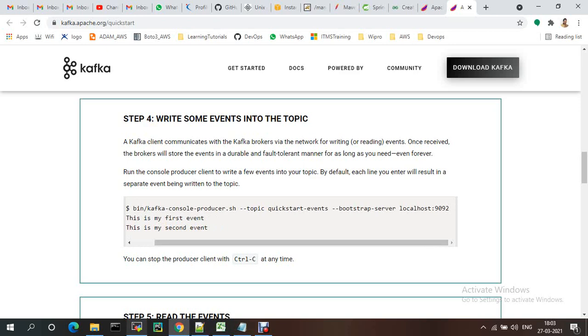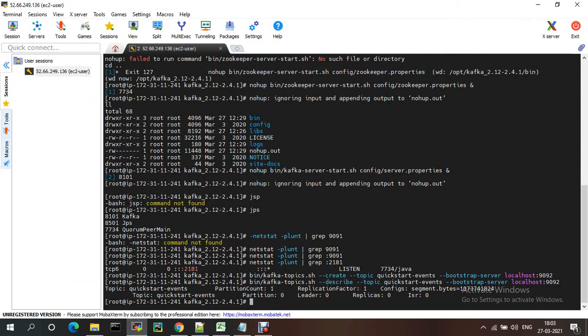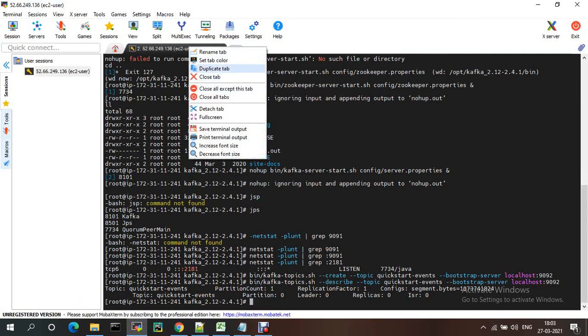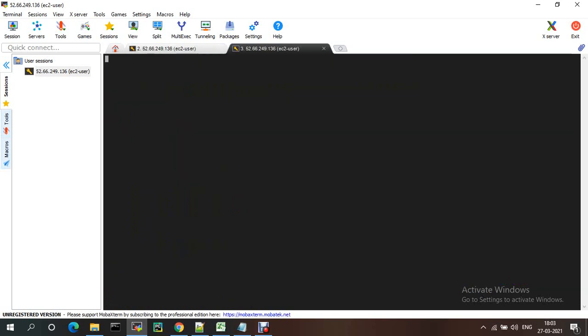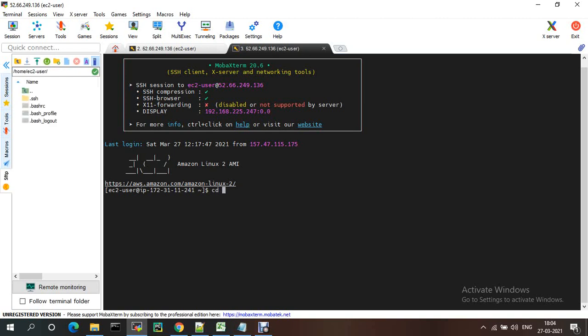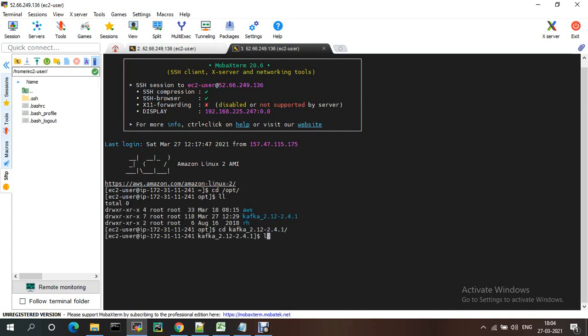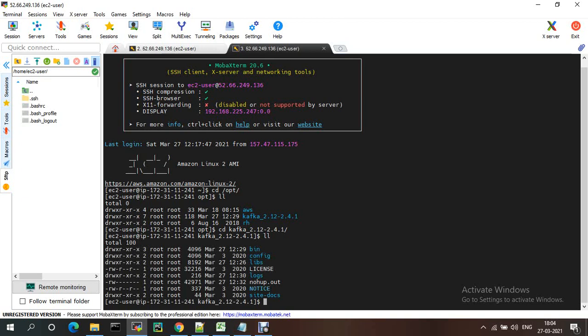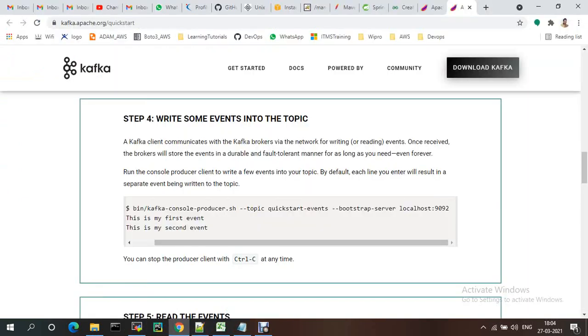So I just took another terminal. Consider this is a producer, and the consumer needs to read. I'm taking a duplicate session and cd opt kafka, and writing something in the topic.